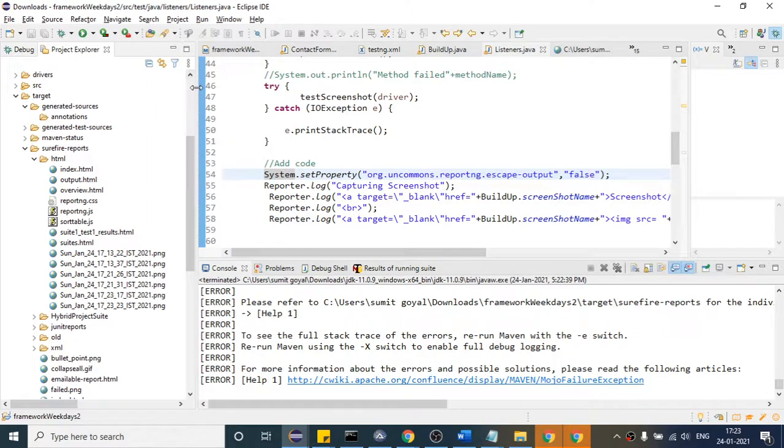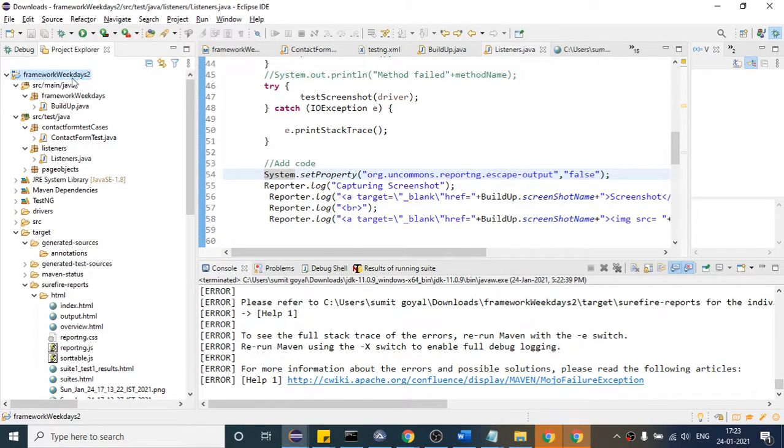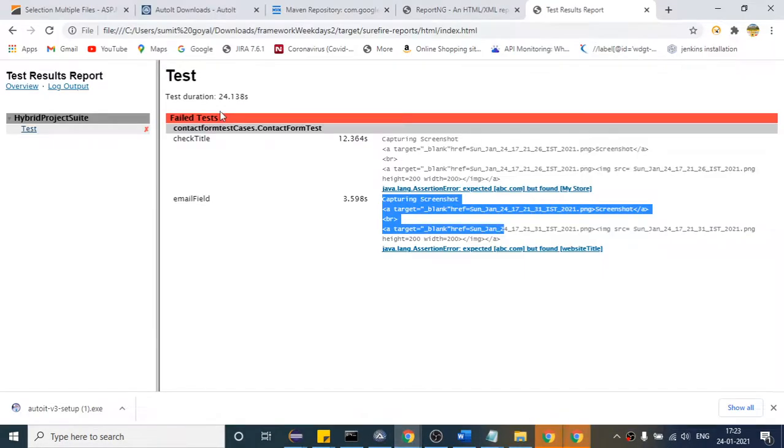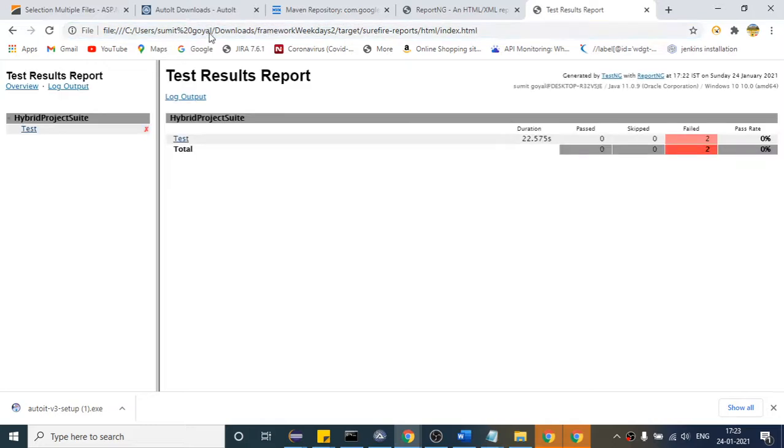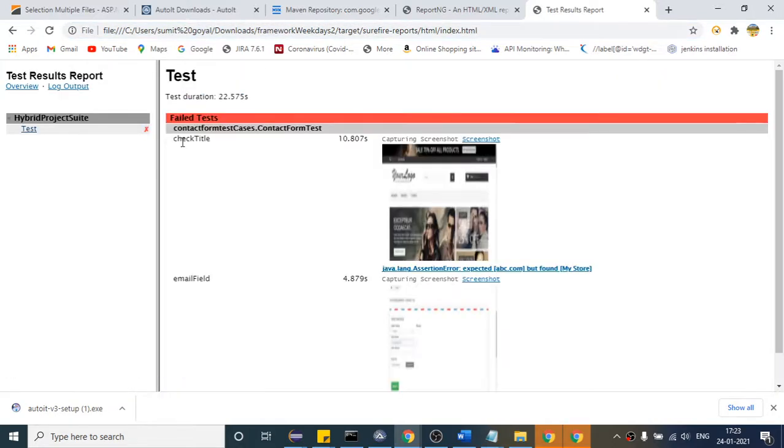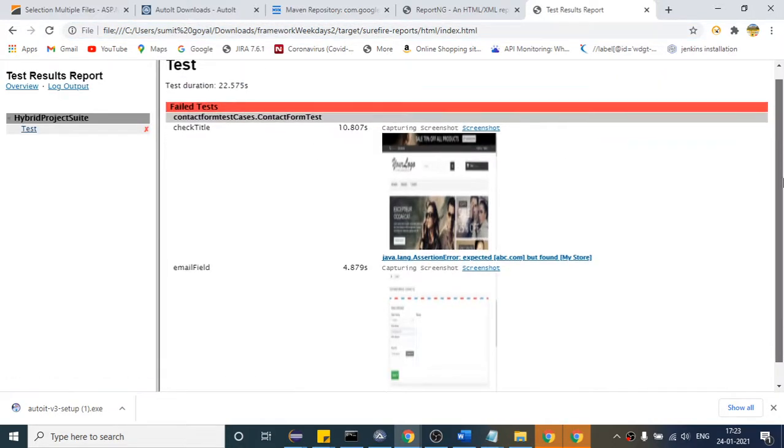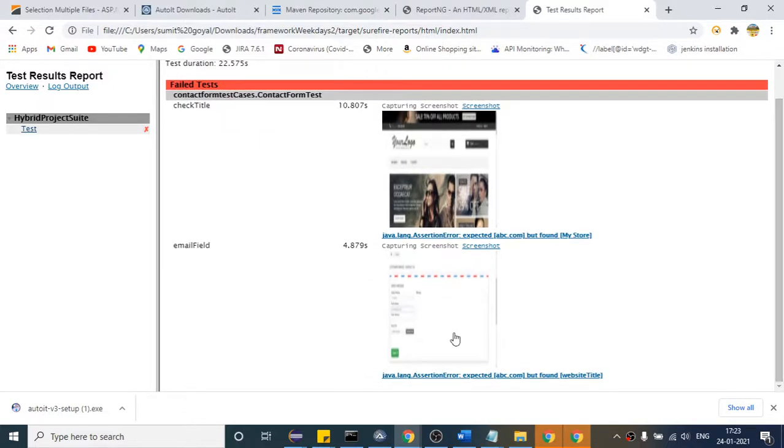If I refresh it and then hit enter, this time we should also see the screenshot. If I hit enter, you see that. You can see whatever screenshots it has kept, one by one, and due to this line,